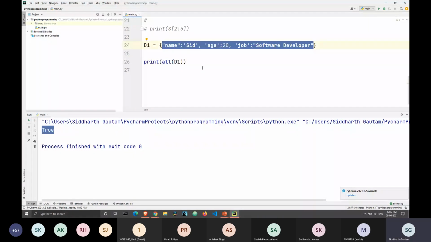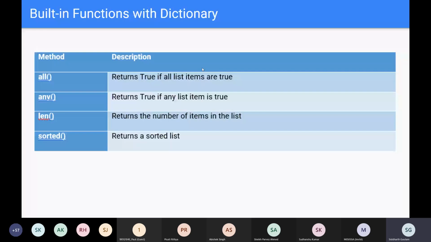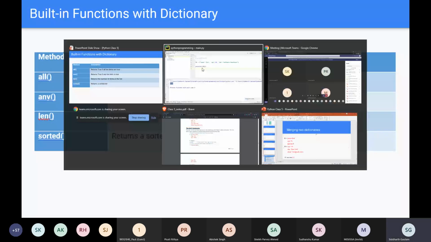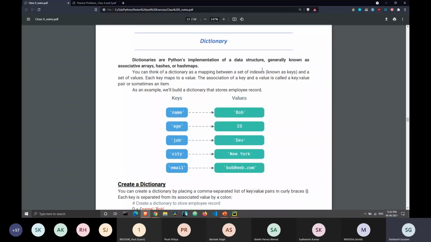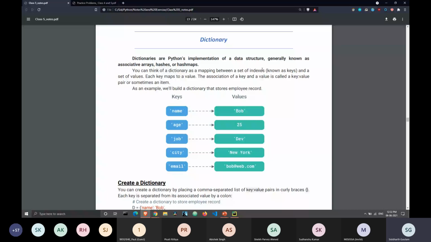Okay, so let's go to our resource. Now we have the resource for the dictionary. In case the presentation is still lagging, you can open the resource on your own devices and go to page 30. I will wait 10 seconds in case you're opening it, and then we will start from here.